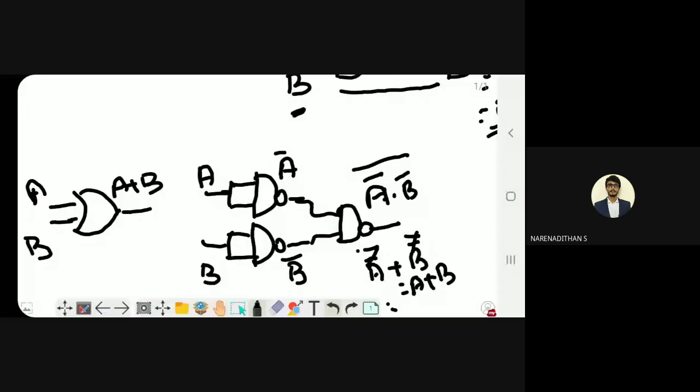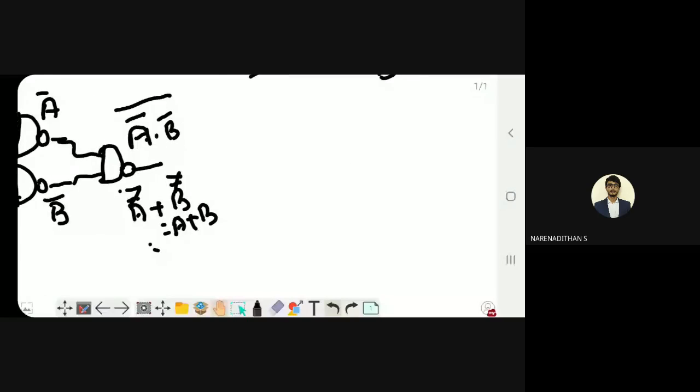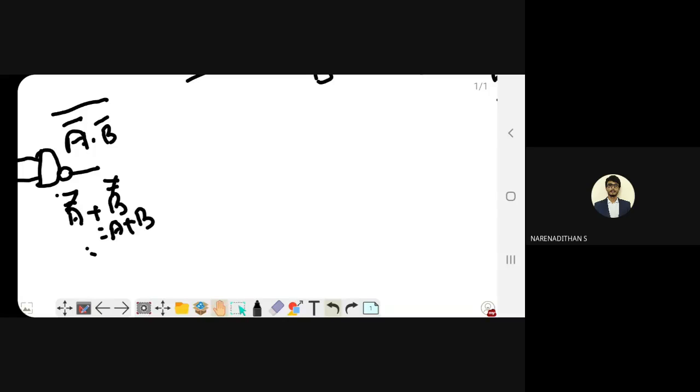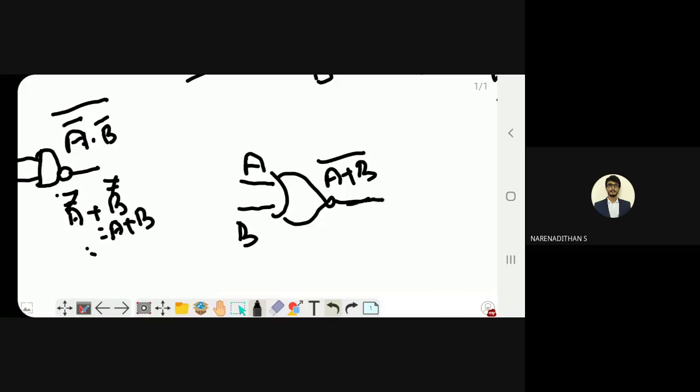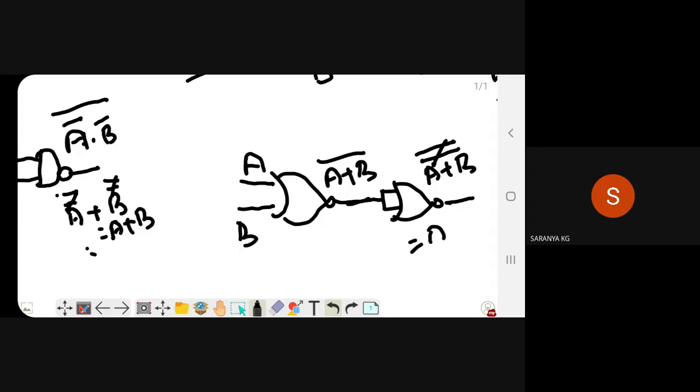Okay, the same thing, we are going to implement the OR gate by using NOR implementation. A, B, you will receive the output as A plus B, the whole bar, but we want to remove the bar. What shall we do? We want to use a NOT gate. In terms of NOR, you will get A plus B, the whole double bar. Both the bars get cancelled. You will receive the output as A plus B. Just you have implemented the OR gate by using a NOR gate.